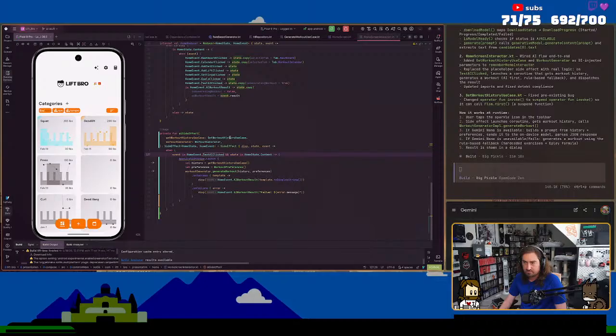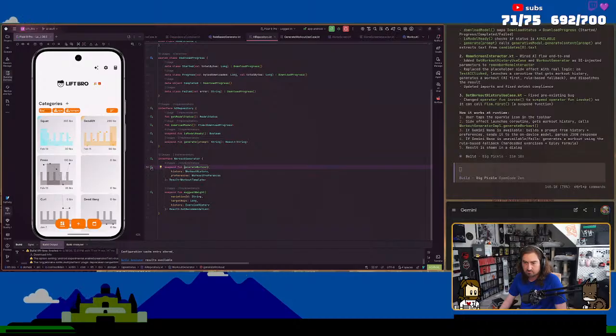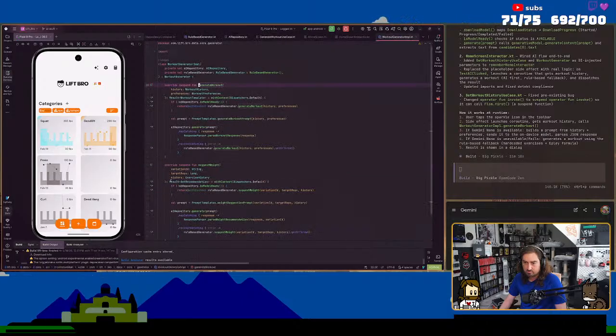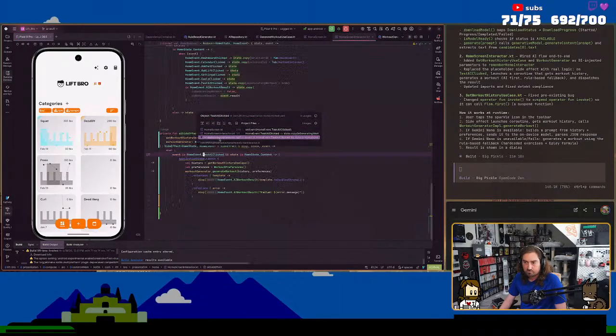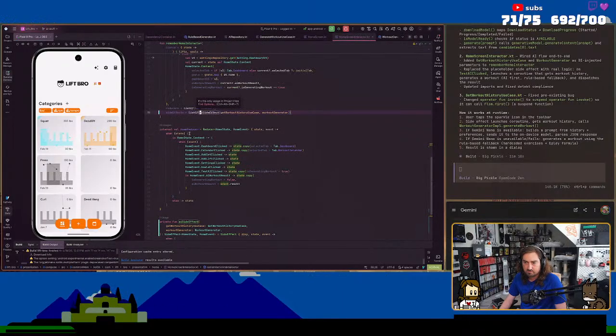And then we have here, workout generator, generate workout, which goes to the workout generator impl, calls the AI repository, which makes sense.